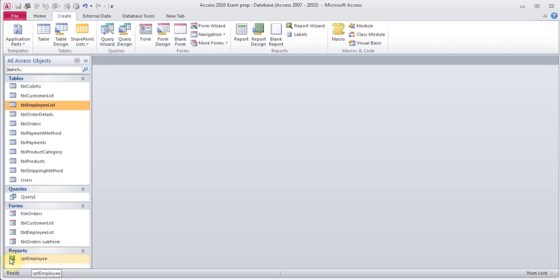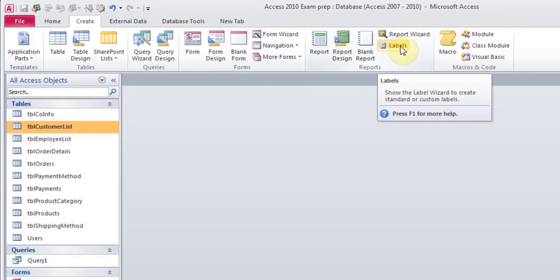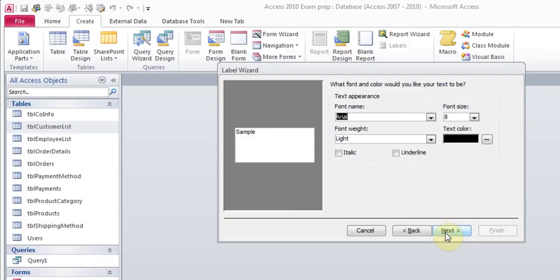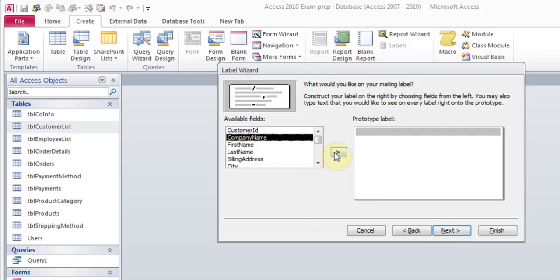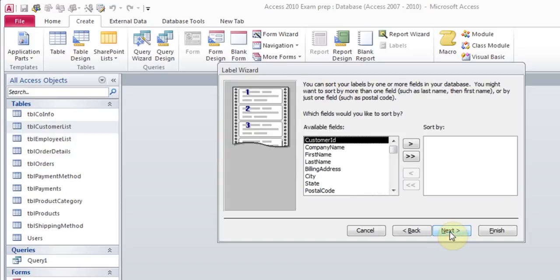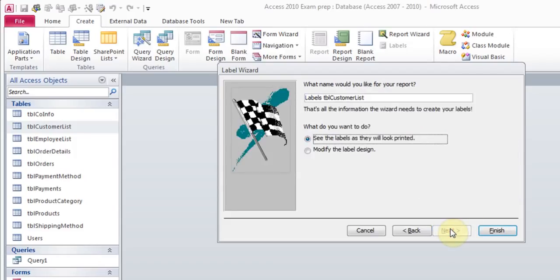The last thing I want to talk about is creating labels. So say if I click on customer list, and they'll say create a label with people's names or addresses or whatever. So if I click on create labels, usually they'll tell you to keep the defaults as it is. So I can click next, and then I can choose, say I want the company name. I can go enter to the next line, add first name, space, last name, and then anything else I wanted I can keep on adding. Next, and then they are asking, do you want to sort it by something, and I can say yeah, sort it by company name. Next, give it whatever name they want to give to the label or the report, click finish,